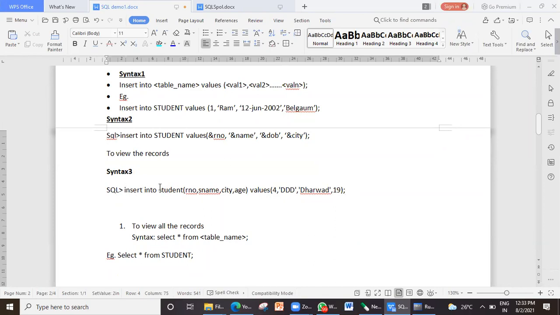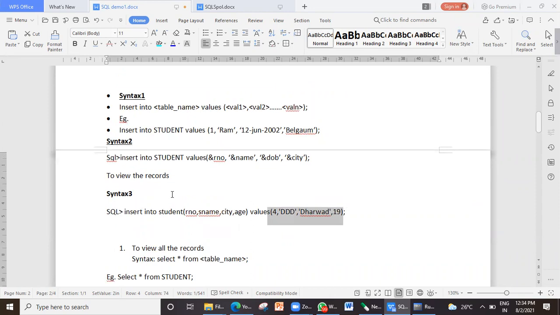So syntax will be insert into table name, field 1, field 2, field 3, field specification, then values, and then values to be specified. So 2 brackets are used here. Now with this syntax, when I try to insert something with null values where constraint is not used, it will accept.